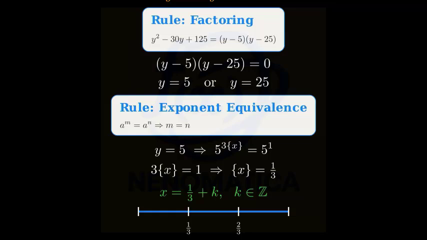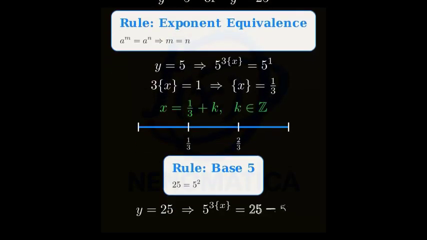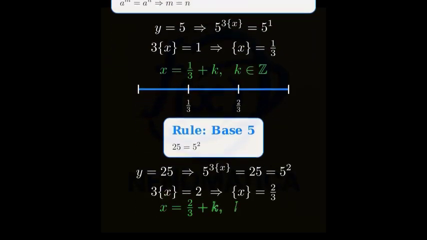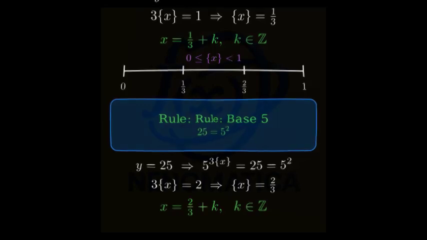Step 5. Consider the case y equals 25. Since 25 is 5 squared, we have 5 to the power 3 times {x} equals 5 squared. Therefore, 3 times {x} equals 2, so {x} equals